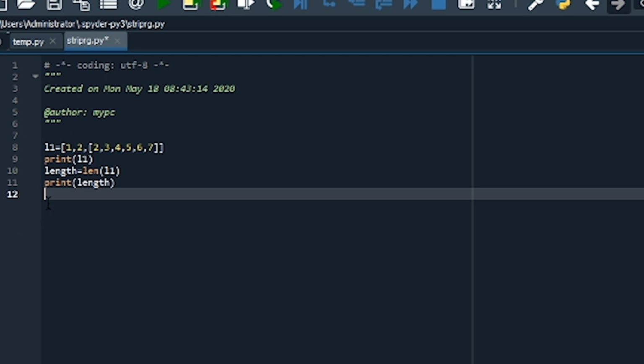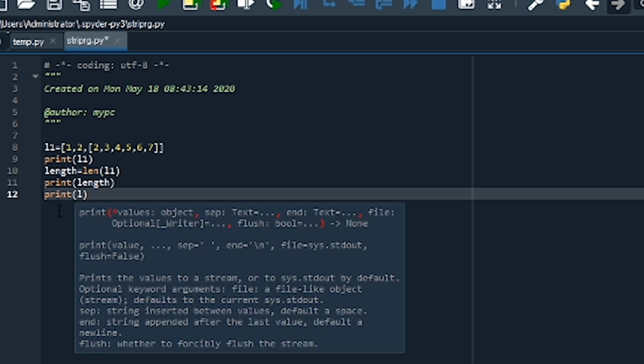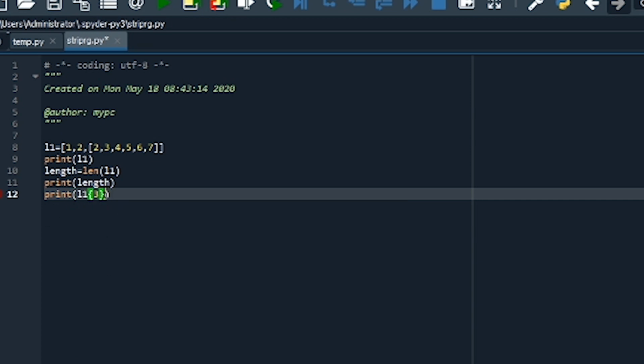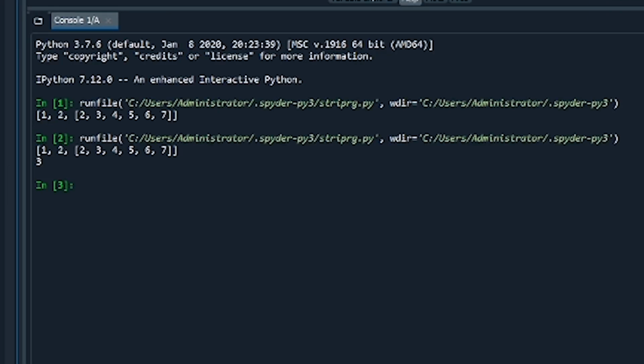So now I will show you how to access the elements within the nested list. As you know, the index can be used to display only one single element, and for more than one element we have to go for slicing of list. So here again, if I write print L1 within bracket 3, let's see.